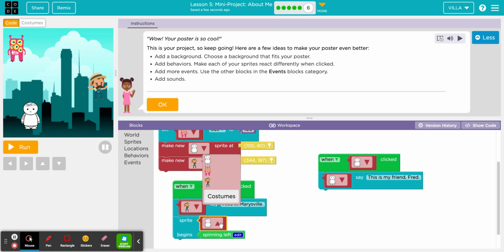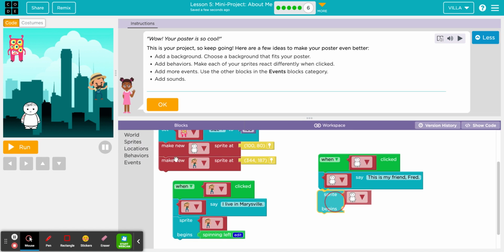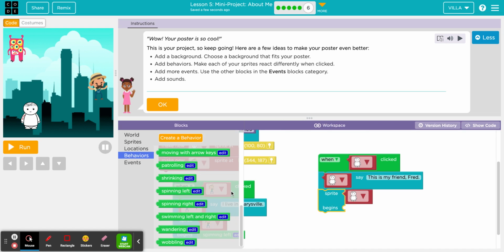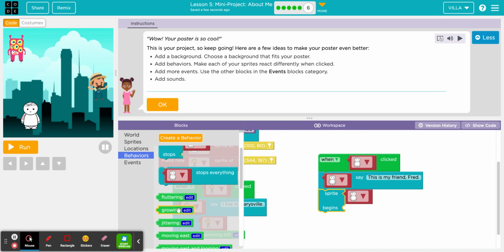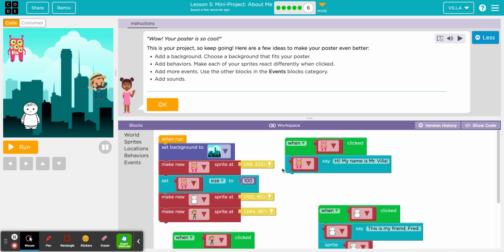So let me change that to the mustache man. Same thing with this guy. And what behavior should I give him? I'm going to make him grow. And my original character,